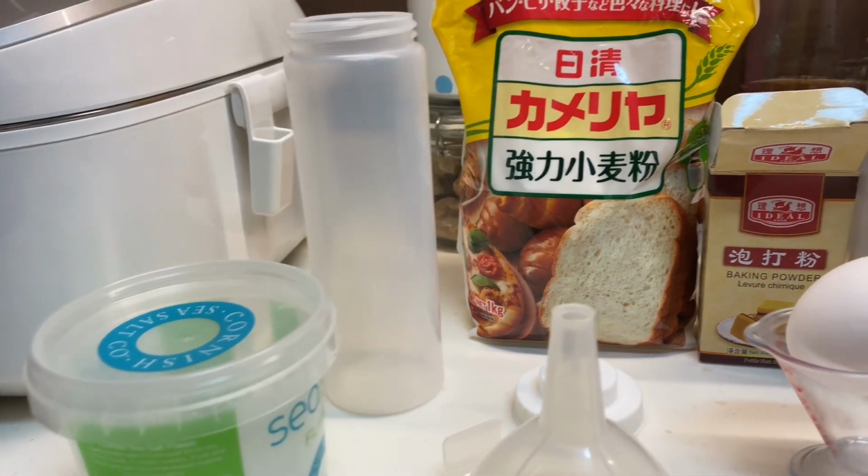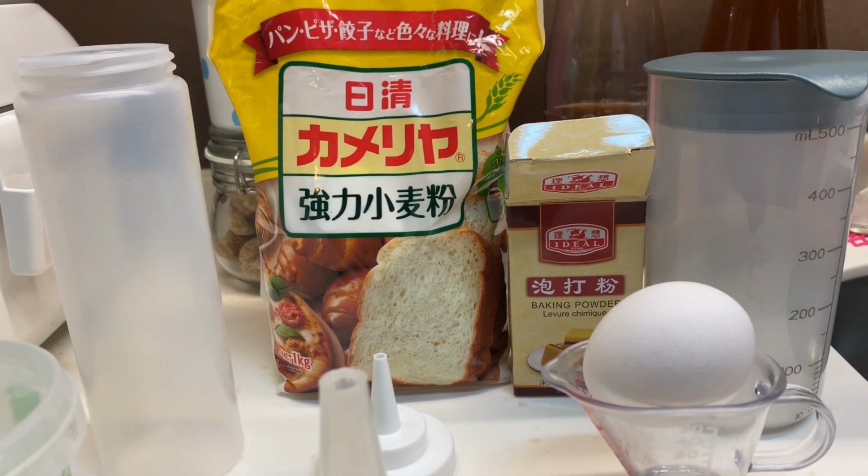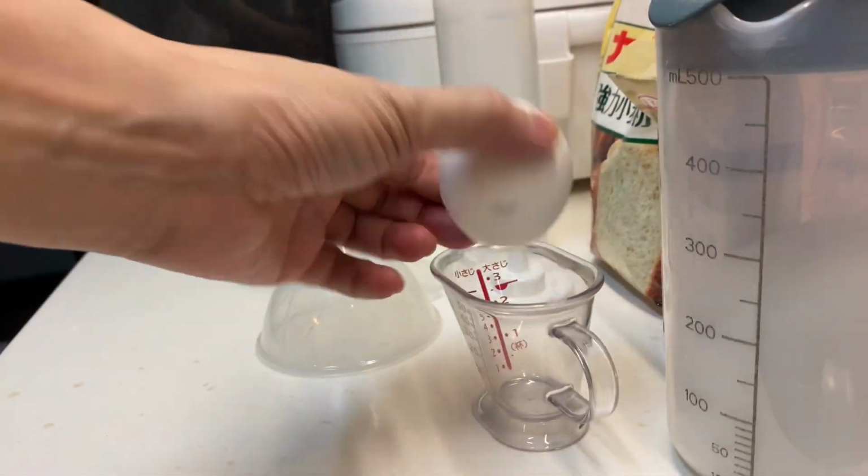Here are the ingredients for this creepy insect pancakes. I am determined but slightly clumsy. With an egg,